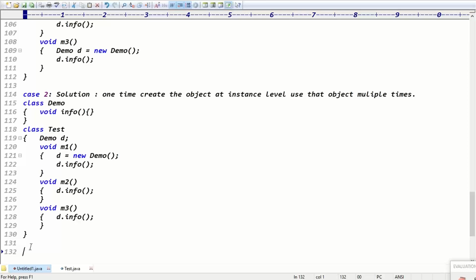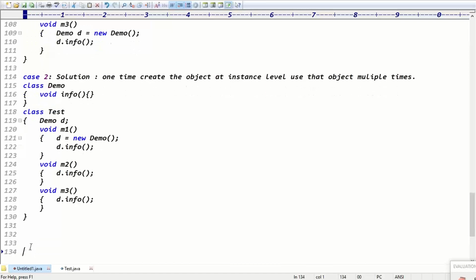Sir, in which scenario will we declare a method as static and as an instance? That I said, right? Instance methods mean the overriding concept. If in future you don't want to override the methods, you can make it static. You have to prevent the overriding. If you want the overriding concept, don't make it static. You can take the instance method. What is overriding? Why are we preventing overriding? That I will tell you as part of OOPS concepts. This is not the right time to discuss the overriding concept. Okay, guys, you can take example 3.